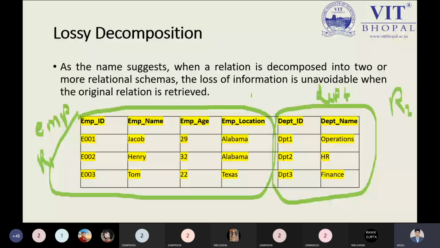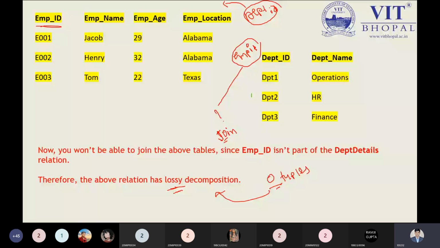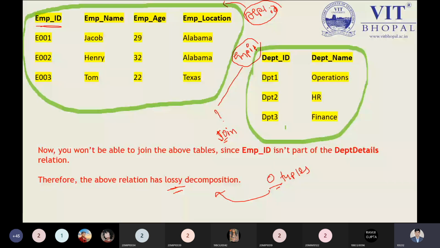So you can observe over here, neither employee ID nor department ID has been taken as a common attribute. In these two relations, I didn't use any common element. I'm saying once again, neither employee ID nor department ID I have taken. So this is known as no common attribute. But to perform a join operation, you are required to use common attributes. But if you don't have them, you also have a point to keep in mind.